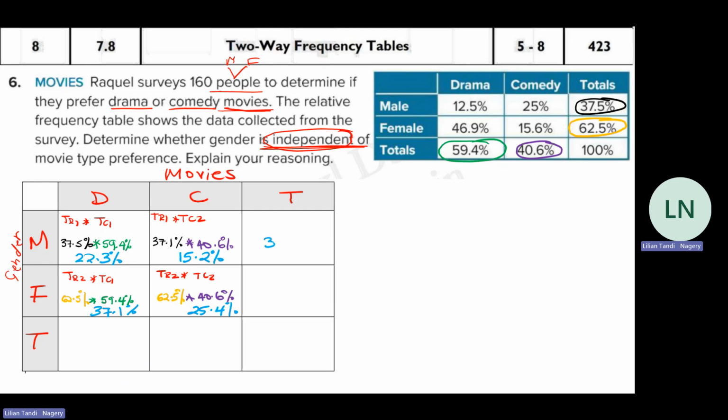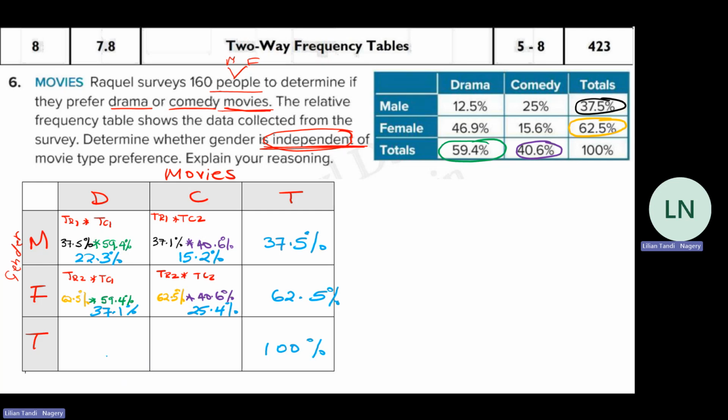Then when I add my blue numbers, here I got 37.5%. On this row, I got 62.5%. And then when I add them vertically, I got 100%. Now let me add this column, 22.3 plus